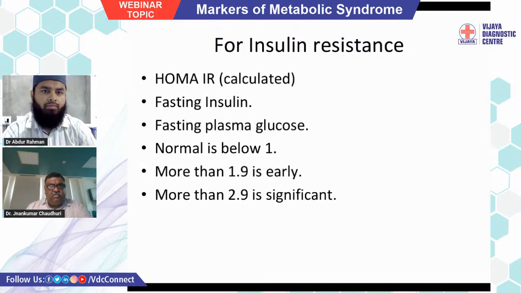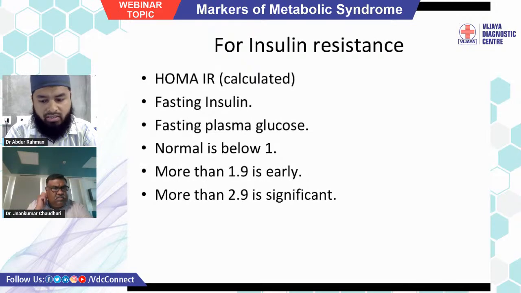So why is it important? Because insulin resistance is one of the primary causes of metabolic syndrome, so measuring insulin resistance is very important. With the HOMA-IR index, we can easily come to know that even if the patient has normal levels of fasting, postprandial or random glucose, if the HOMA-IR index is coming into the danger zone, then we can predict that this patient may have a future problem. That's why this test is very specific and significant.